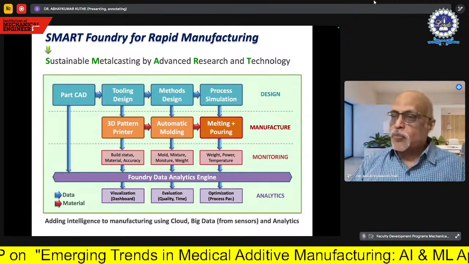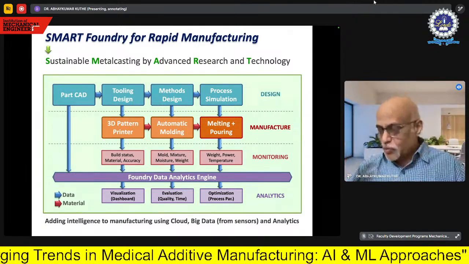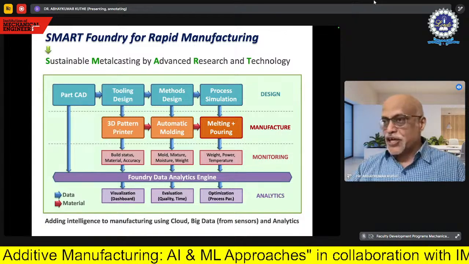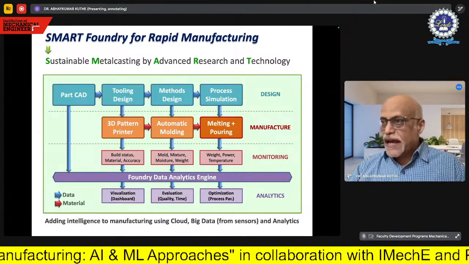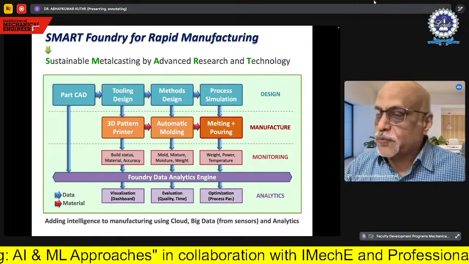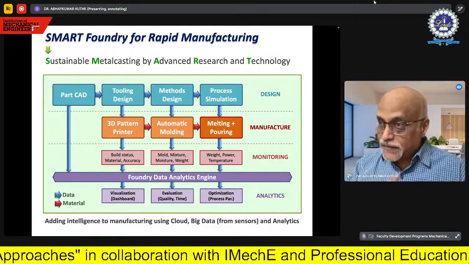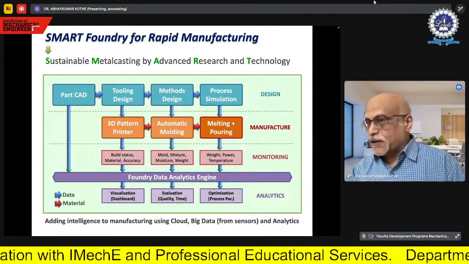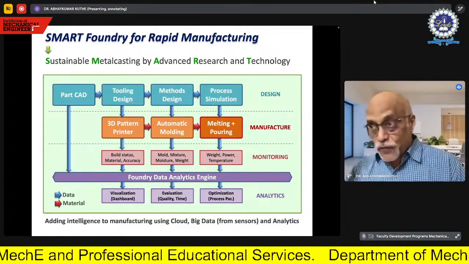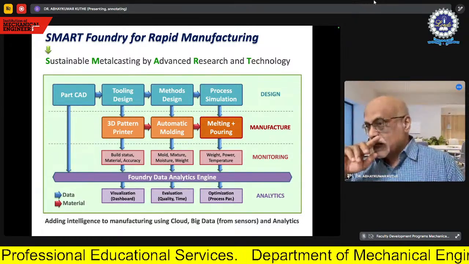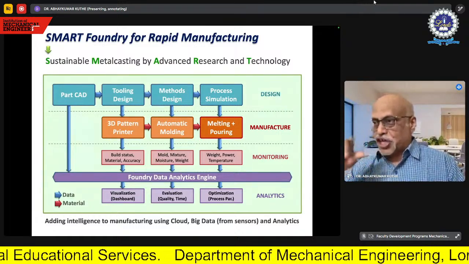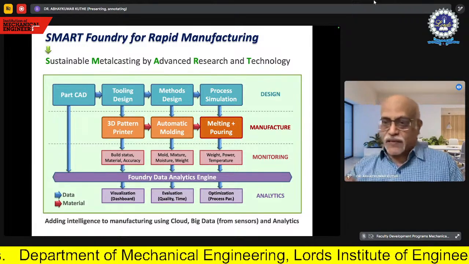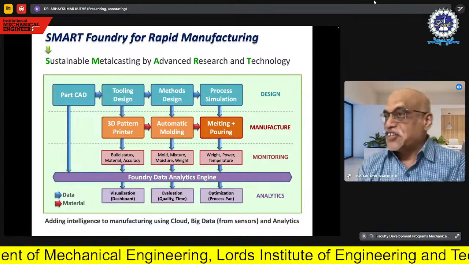You can also know how much will be the temperature of metal to be poured, what will be the ambient temperature, everything you can set on the simulation software, and you'll come to know that the defect-free product is possible to get on the computer. But is it possible to see that the same thing is executed or feasible on the shop floor? The shop floor may have different parameters. If that is the case, how do you change the whole approach so that the part remains defect-free? That is exactly what the foundry data analytics engine talks about.